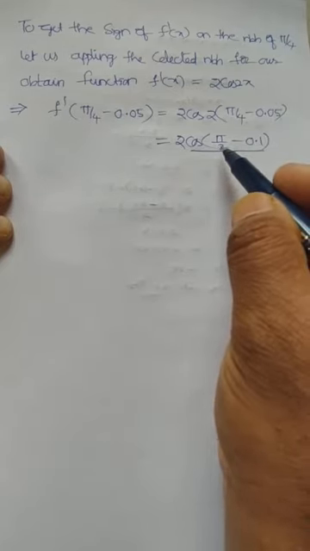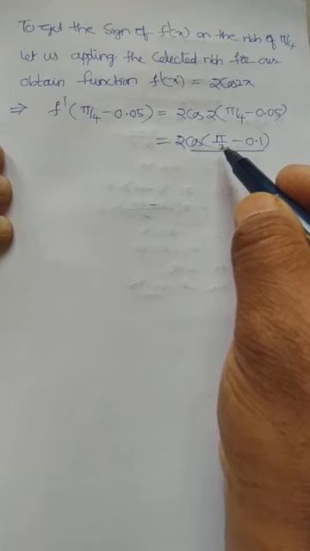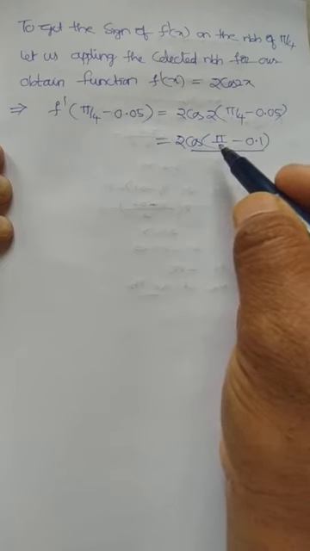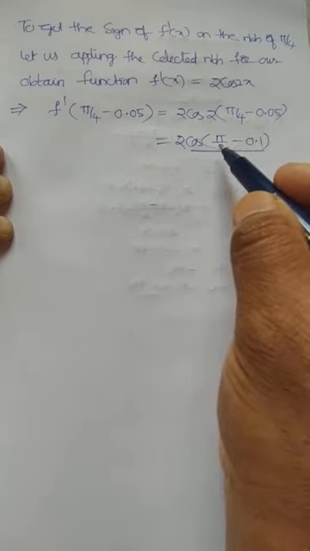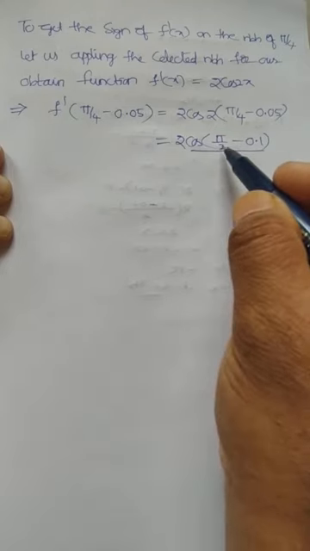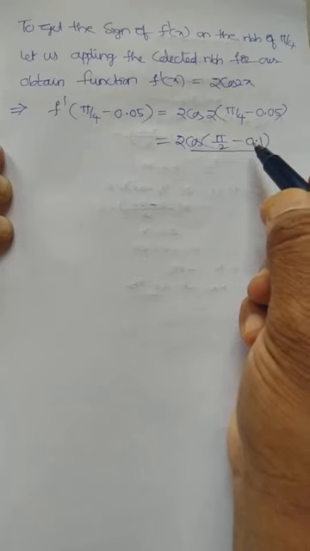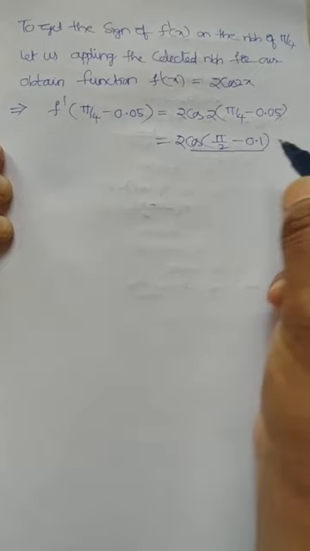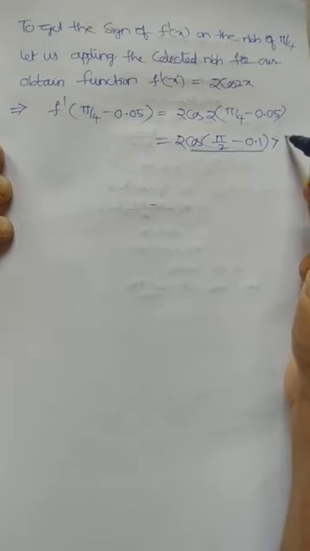Cos of less than 90 degrees means it is positive. Let us suppose it is 60 or whatever, in the neighborhood. Select any value like cos 89, whatever you take. Then cos of 90 minus 0.1, what value would you get? Positive only. So positive into 2 is positive, so it is greater than 0.